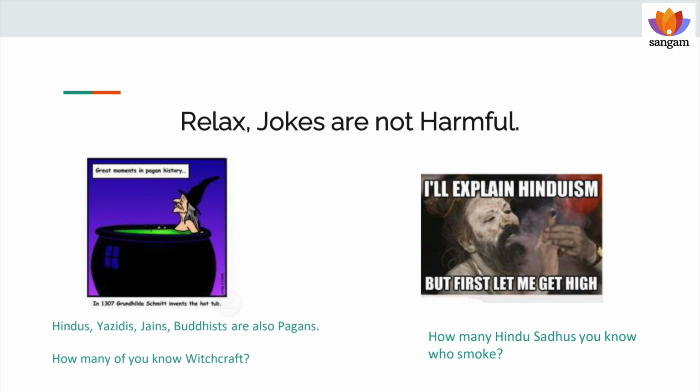This is another example: "I'll explain Hinduism. But first, let me get high." I don't know how many Hindu sadhus we know as individuals who smoke. I don't know any, actually. So it's basically stereotyping. Even Aghori sadhus, I have not seen them getting high or talking like that. The thing is that they're stereotyping. They are using memes, using lies to basically